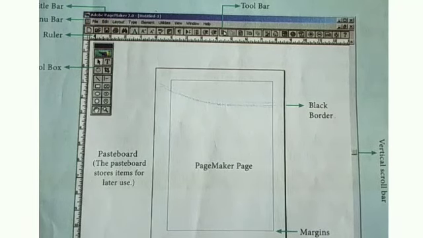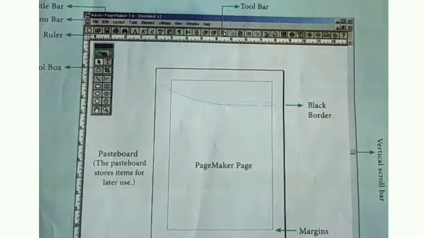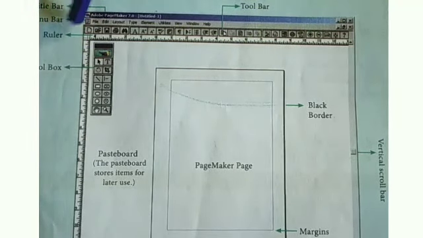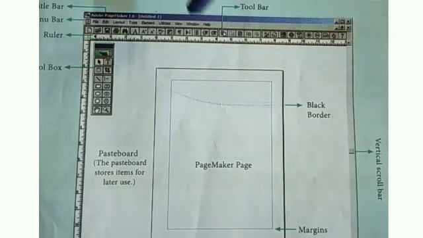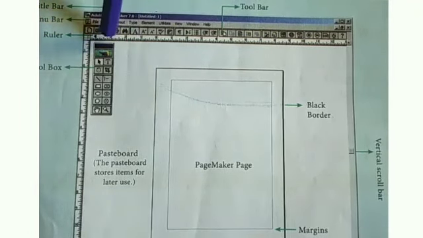Okay, next, below the menu bar is the toolbar. A toolbar is used to display frequently used options. All these toolbar options are already contained in the menu bar, but it displays only the frequently used options, for example New, Open, Save, like that.